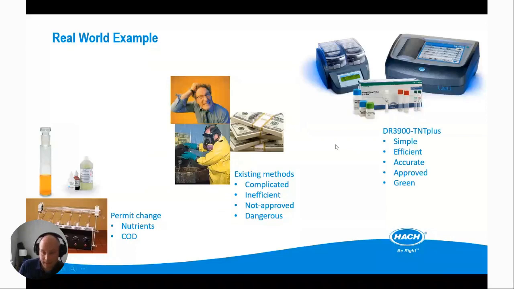We also eliminated the Nessler reagent that they had been using historically and replaced it with the new TNT Plus ammonia chemistry. So they eliminated the mercury waste stream from their lab, and in the end, they built this into their permit, and now these procedures are part of their compliance testing going forward, demonstrating their compliance to the city. They discharge to the city.